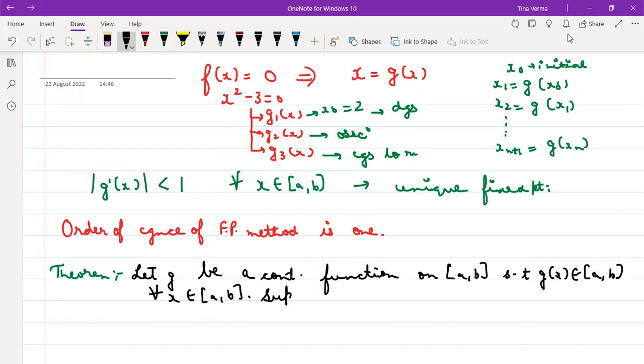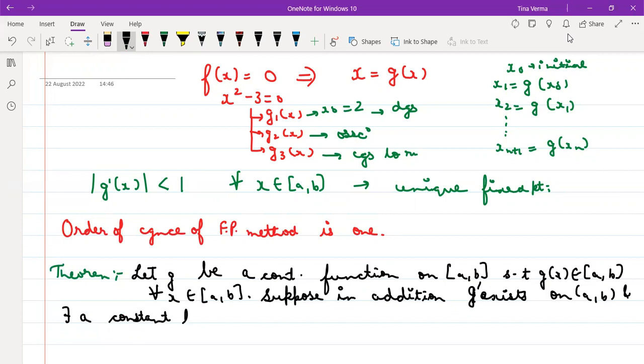And suppose in addition, g' exists on the interval (a,b) and there exists a constant k that is your less than 1 such that your |g'(x)| comes out to be less than equal to k and k is your less than 1 for all x belonging to (a,b), then